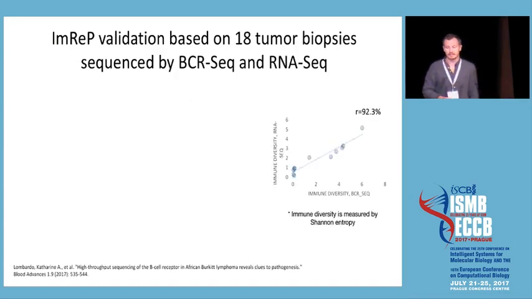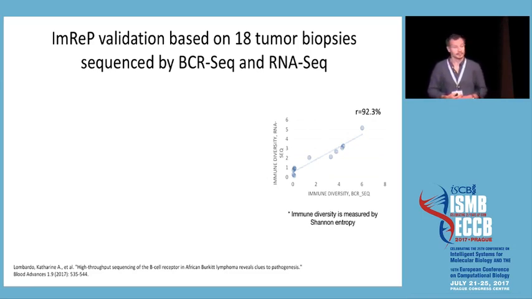As well as that, we did validate ImRep on real data, where we took 18 tumor biopsies sequenced by both BCR-Seq and RNA-Seq, asking the question of how well RNA-Seq compares to BCR sequencing, which is the proper technology coming at additional cost, whereas doing what we do with RNA-Seq is kind of free of charge. And what we were super happy to see is that the immune diversity, which was measured by taking the number of clonotypes, looking at their relative abundances and computing the Shannon entropy, reported by BCR-Seq and the one reported by RNA-Seq based on ImRep